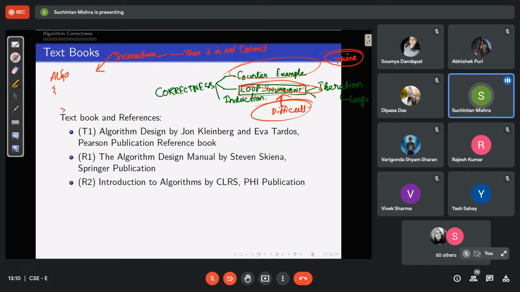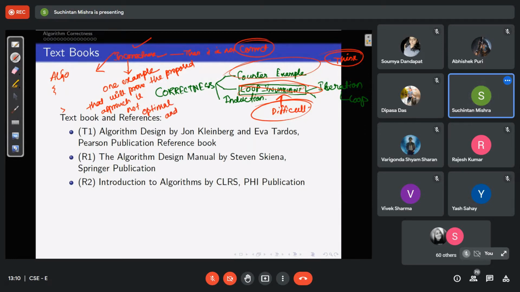I cannot prove the correctness, but I can prove the incorrectness. How? Through one example that will prove the proposed approach is not optimal